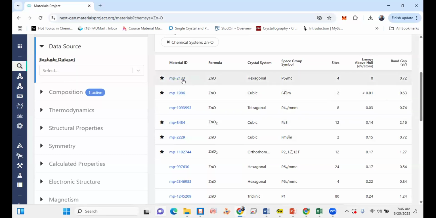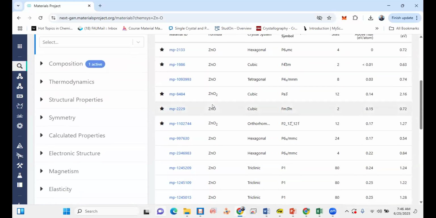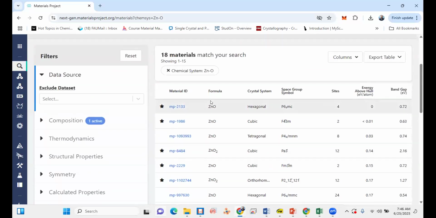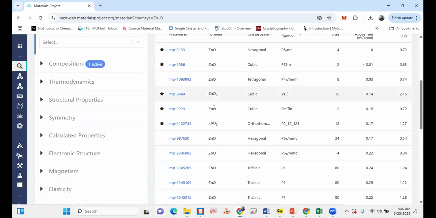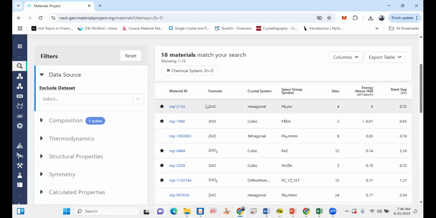So basically, the first step is selection of the accurate material. Don't get confused about how many zinc oxide structures we have. Let's say someone is an experimental person and synthesizes zinc oxide, but downloads the cubic one for the DFT calculation. Then your calculation will be totally wrong, and you will not get your experimental results. So first of all, we have to look at this.